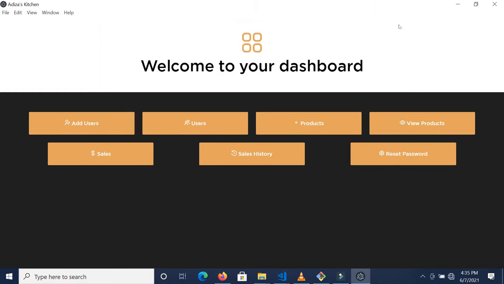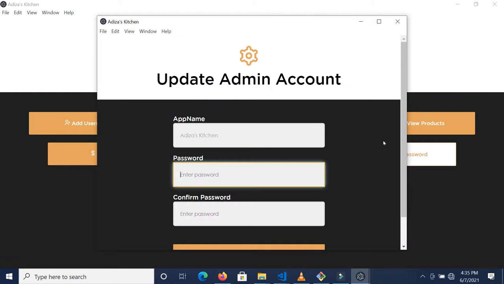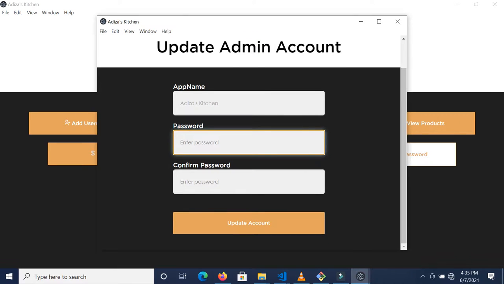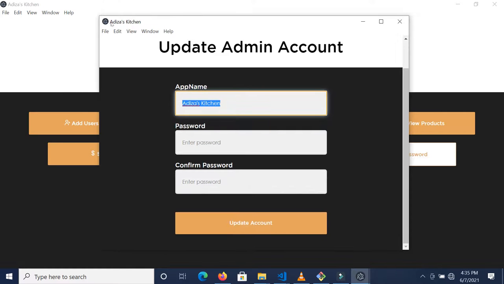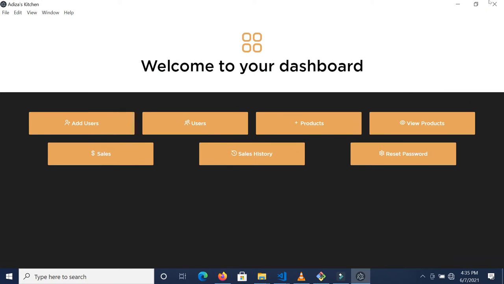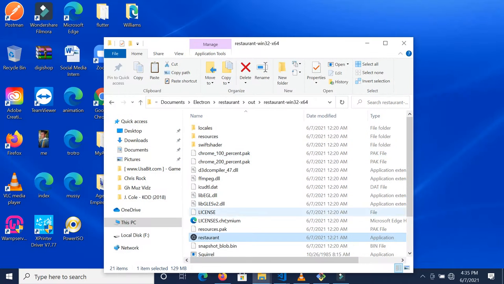Good. And now when we come to the reset password, you can actually get the opportunity to reset the password of your account as the administrator, and also change the name of the app. So over here, realize that it's called Adiz's Kitchen, so you can also change that name from this section. So let's close this and then fire this one more time,